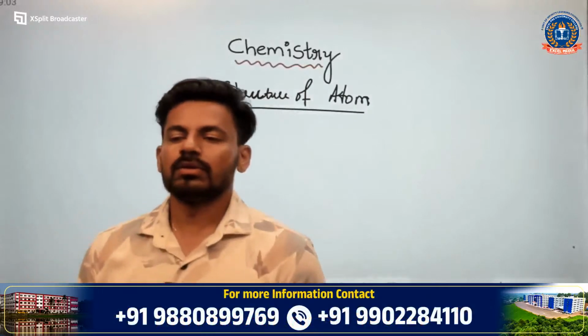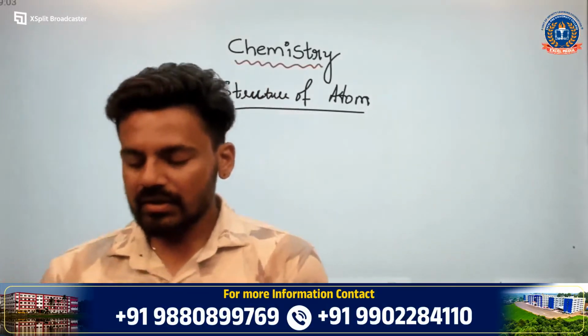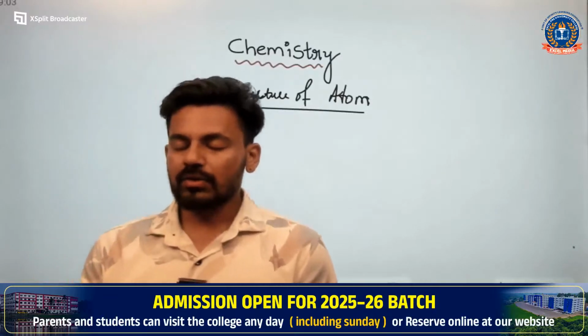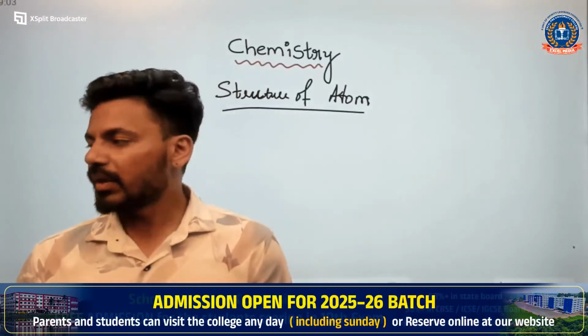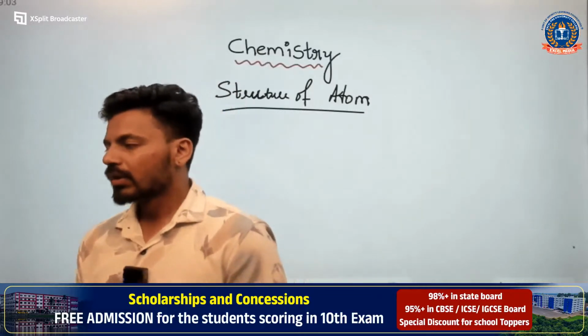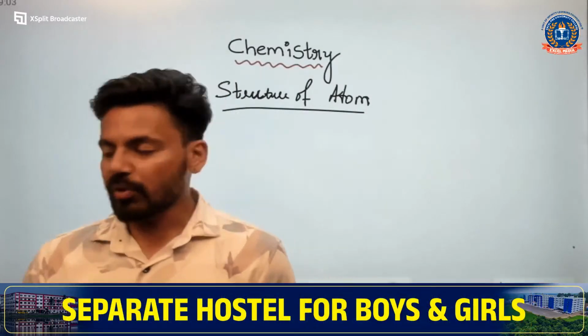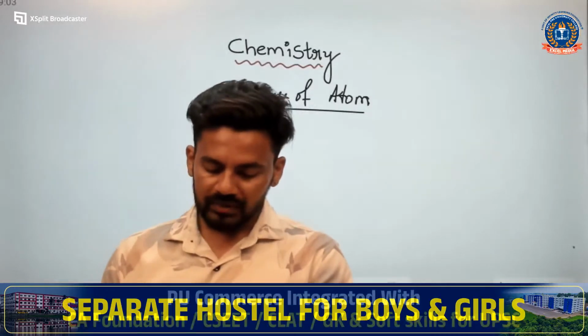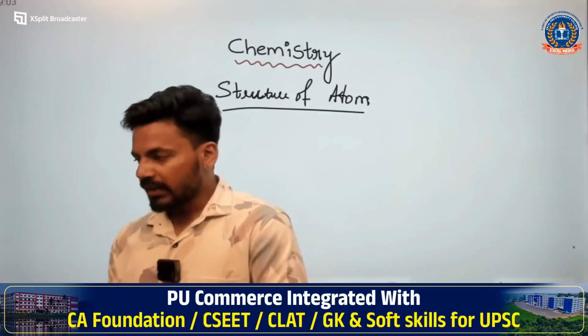Okay, so in the last class we have already discussed the Rutherford alpha ray scattering experiment. In that, the stability of the atom was not explained properly. That could be explained in the next model. What is that next model? It is the Bohr model, the Bohr atomic model. So, before going to the topic,